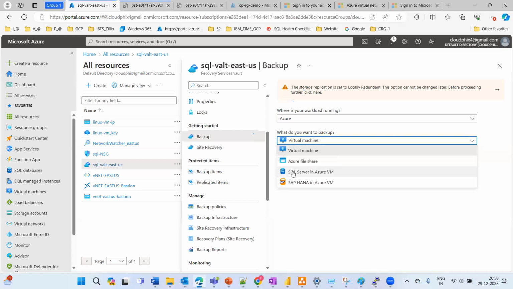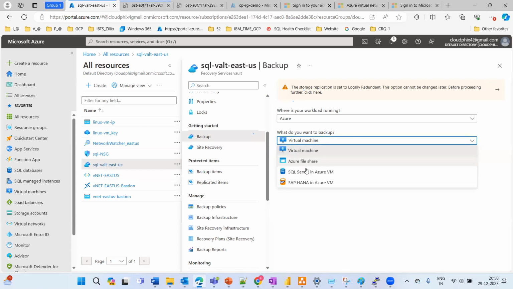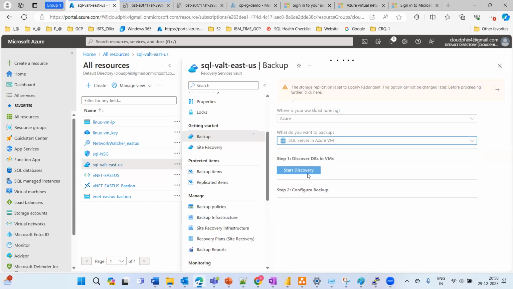Okay, so your workloads running on a SQL Server IaaS VM can be taken up, and SAP HANA running in your Azure VM can also be taken up. Okay, so let's jump in. I'm just going to take this one, SQL Server IaaS VM, and if I'm